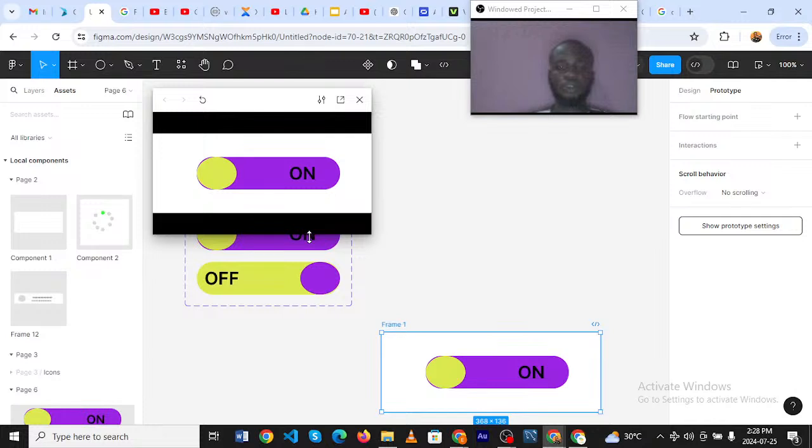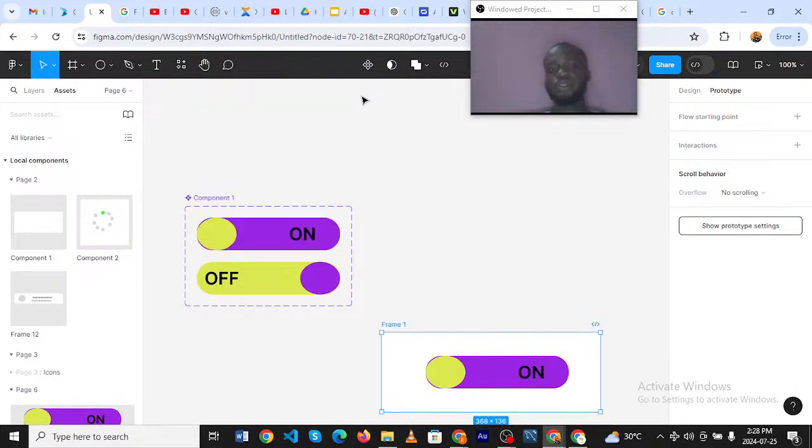Okay, so when you click on something like this, you should have this effect here. So you can see the toggle button is switching. This is it on light mode. So whenever it's light, it's like this. Whenever it's dark, it's like this. All right. So this is what we call toggle button interaction. So let me run it again.